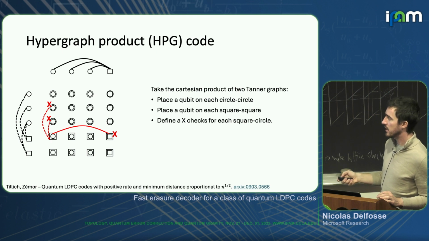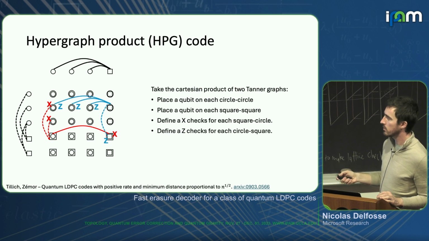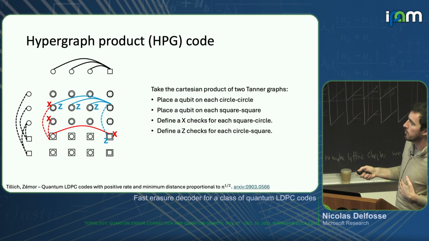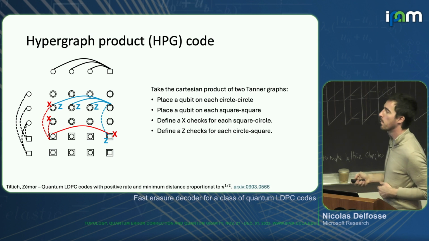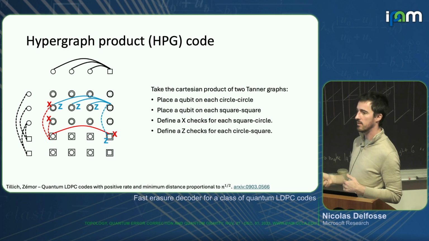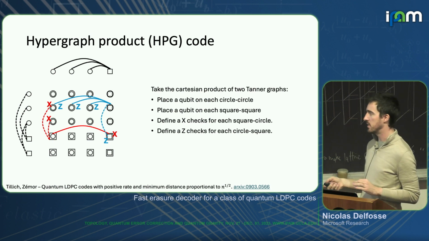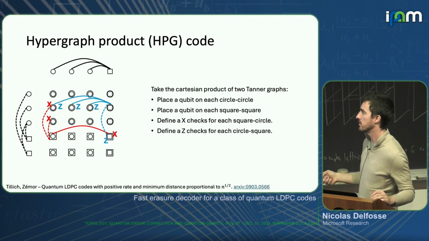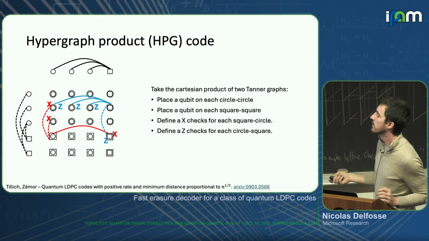We do the same thing for Z checks. And for Z checks, we obtain something like that, where horizontally, we use the horizontal edges. So there are 3 of them in this case. And vertically, we use the vertical edges of the corresponding vertex. And you can notice that they commute. They overlap on an even number of positions. We do that for the 3 Z checks and the 6 X checks, and we obtain a family of LDPC codes with good enough parameters in many cases. And they can beat surface codes. And